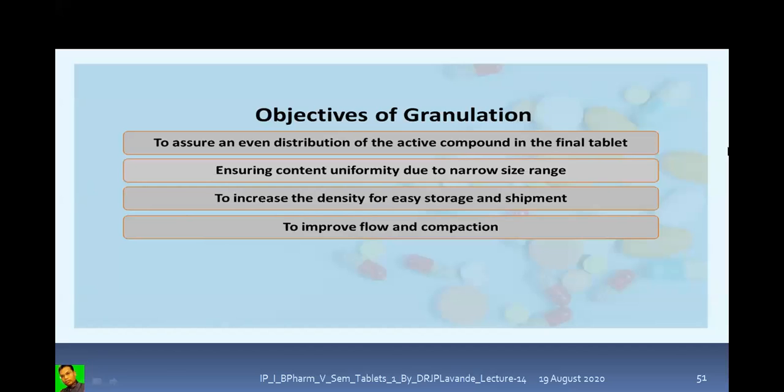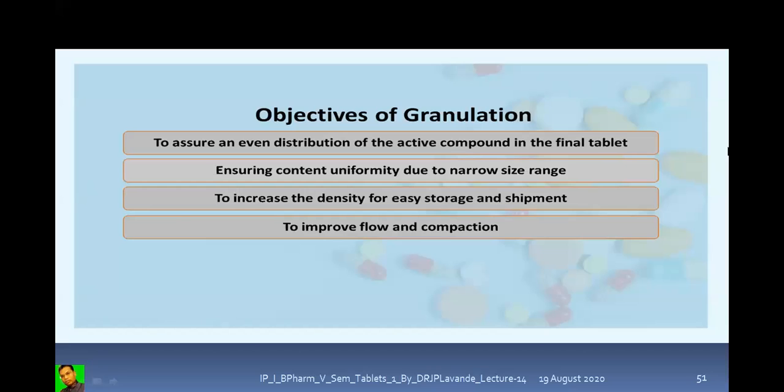In a particular batch, we may get tablets with varying proportions of the API, or sometimes a few tablets do not contain any amount of API, or there is nil API, and a few tablets will contain a large amount of API than what is mentioned, than what is desired. Again, granulation has its importance to increase the density for easy storage